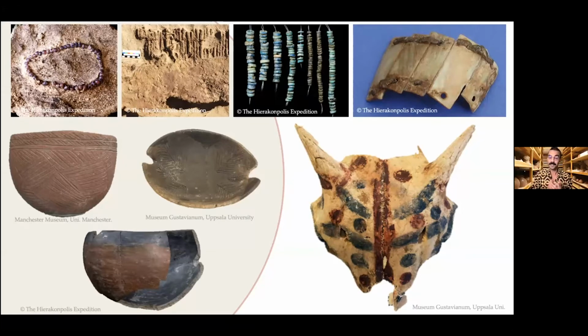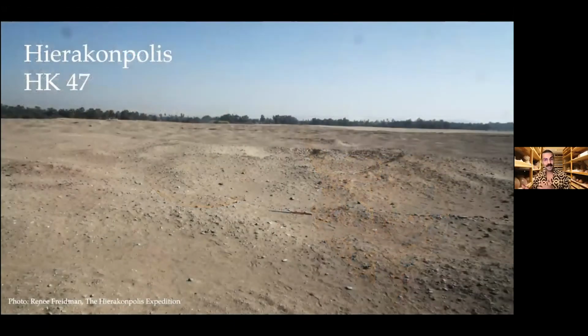The pottery can fit comfortably in one hand. The jewelry is small and simple and would fit neatly around your wrist. The reed and leather matting, which is in the graves, can be rolled up and carried under your arm. And the animal skulls appear to have been painted with fingers. But to really illustrate this deeply human aspect of Pangrave culture, I'd like to show you a remarkable and unique feature from one Pangrave cemetery that I was lucky enough to see with my own eyes and to touch with my own hands. So let's now go back to that site called Hierakonpolis, which is in southern Egypt, about halfway